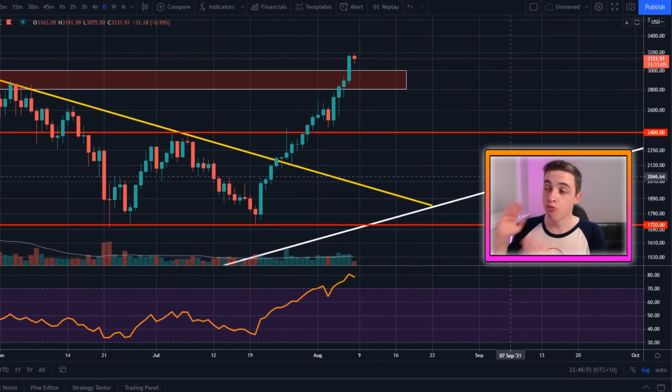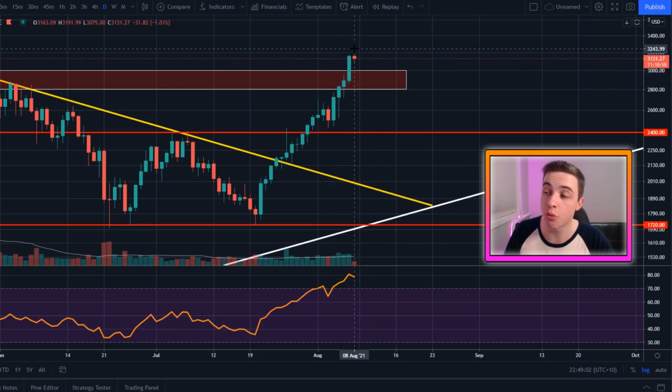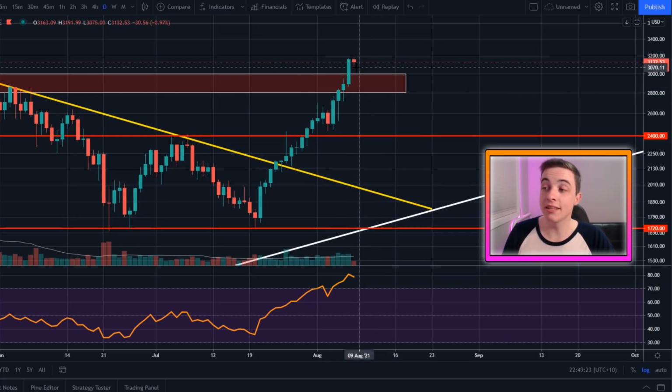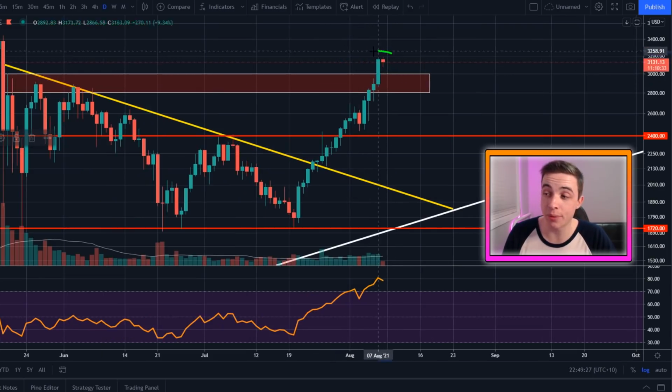My name is Josh, and right now Ethereum is currently trading above this massive red zone of resistance. And in fact, we have now seen one massive daily candle close above this important range. This is actually a big deal for Ethereum holders out there because of the last time that we were trading above